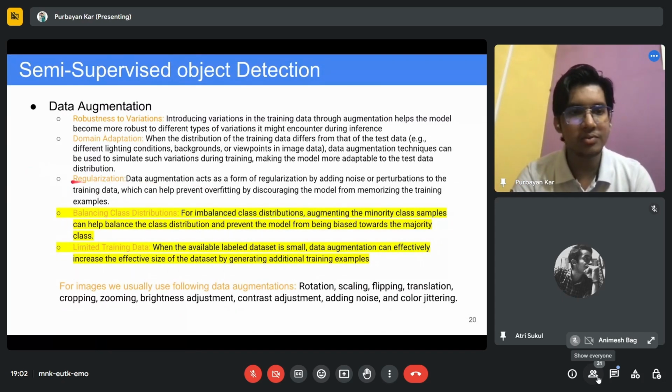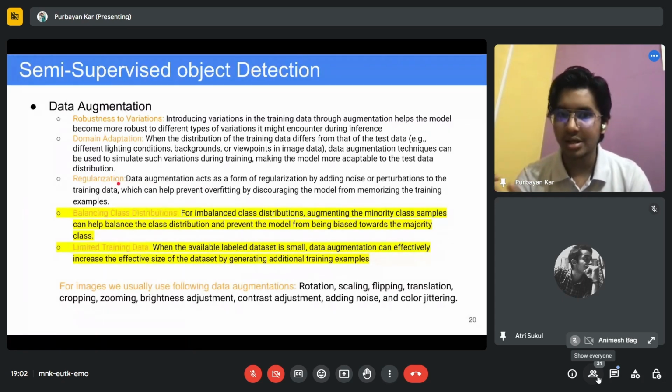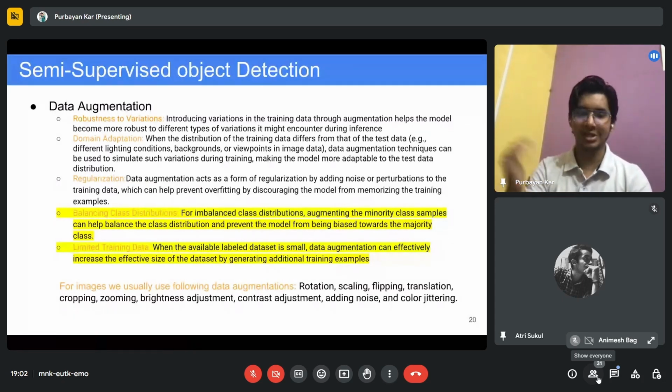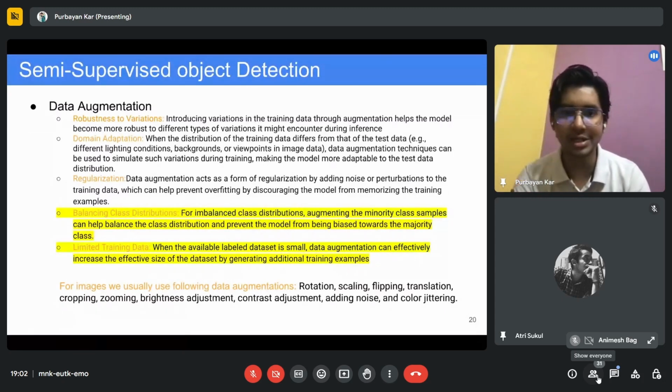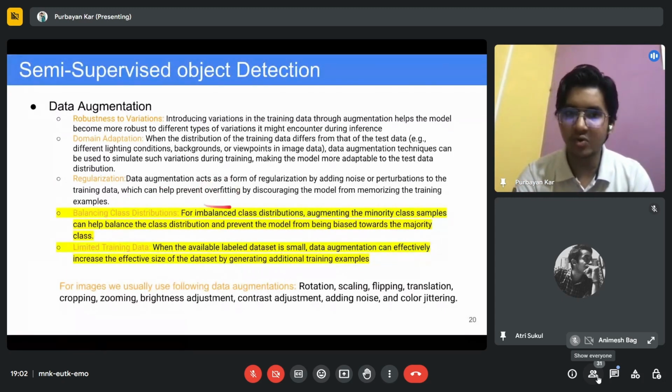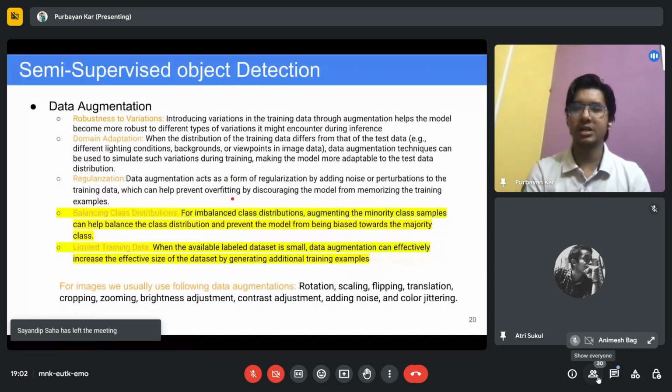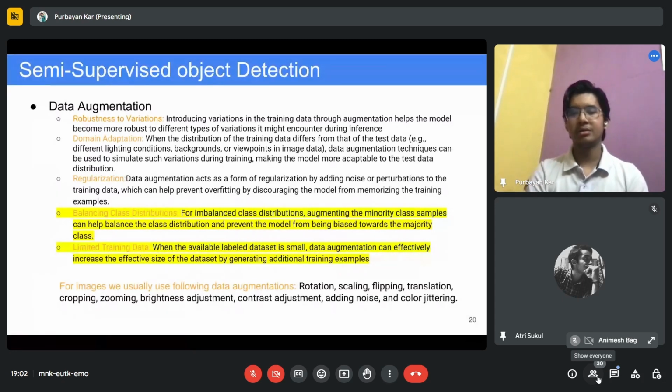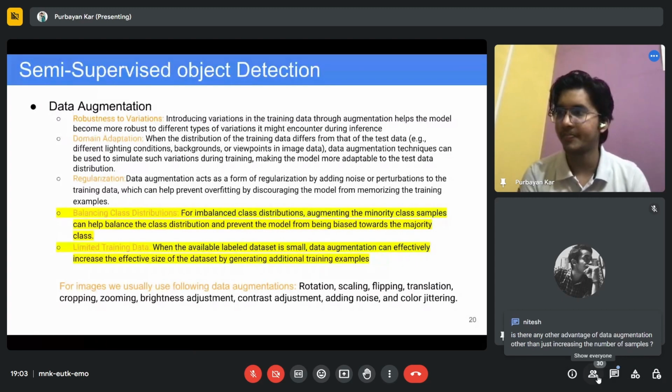And then we solve the problem of regularization. Don't get bothered about these bombastic terms. These are very simple things. We solve the problem of overfitting using this. Overfitting is when your model is completely trained on your training data, and you expect that when you test, the result will be very high. But it doesn't happen because your model is very biased to the training data that you have. For test data, it is not giving good performance. That is called overfitting. With augmentation, we can solve this problem, and we call it regularization.